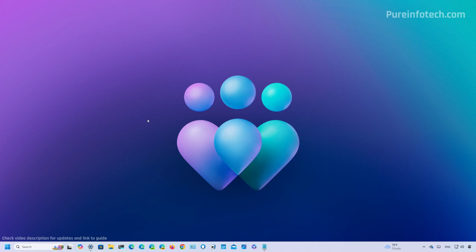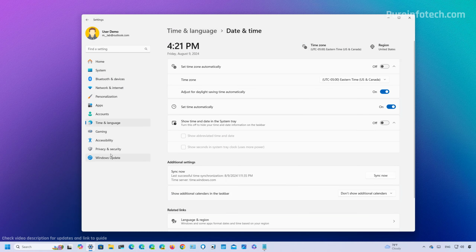A few releases back, the company updated the behavior for the taskbar to open the jump list for apps that are not open, as you can see right here. And if we hover over the Settings app, which is open, we only get the preview. Although this can make it easier to access different options for an app that is not running, it can also add some distraction when hovering over an app by mistake and having the menu open when that wasn't your intention. So instead of removing this feature, what Microsoft is doing is adding an option on the taskbar settings page